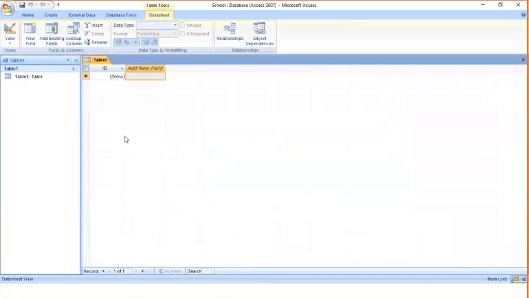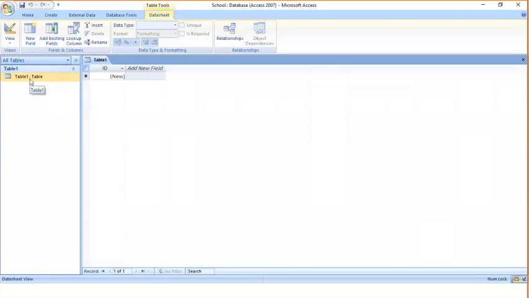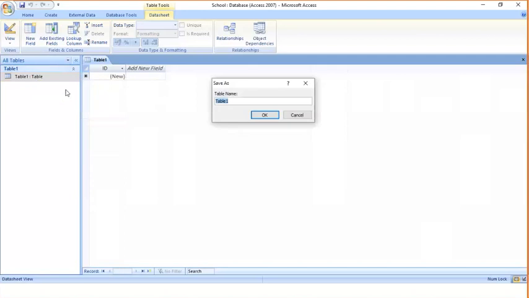Now your school database is created, and on the left hand side you can see there is a table. You can create different types of objects here, whatever objects you have created like table, query, all will be available here. At present we are working with a table. So how to create a table? Just right click on this table one, and then you can go to design view.